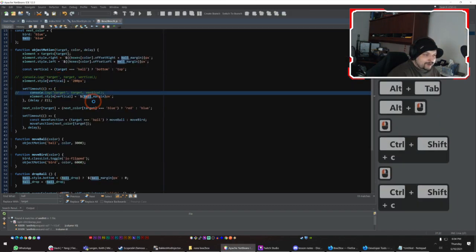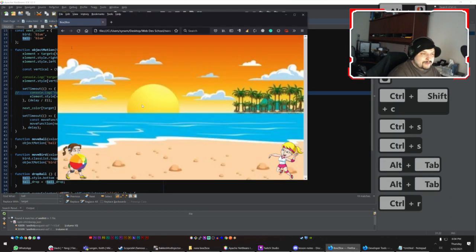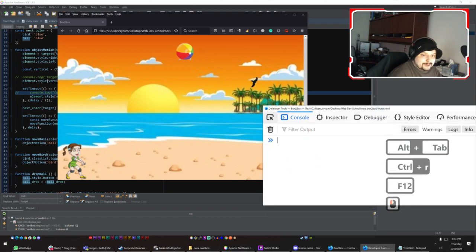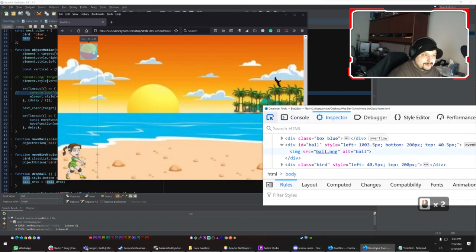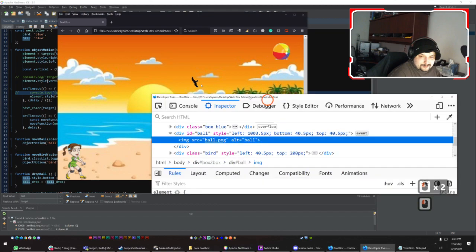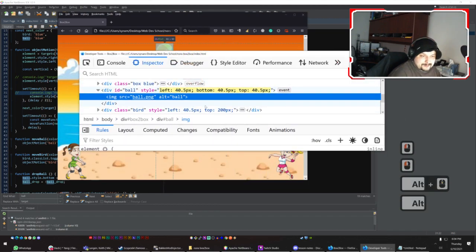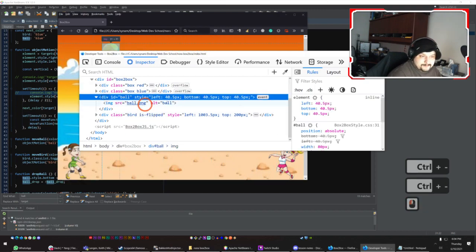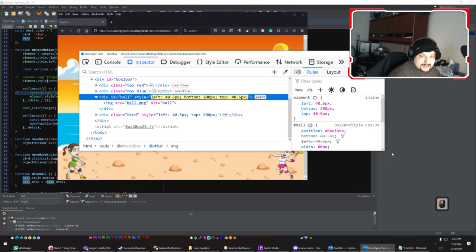So now we're gonna actually go ahead and see what quote unquote physically is happening to the ball and why it's doing what it's doing. So let's inspect the ball, and I'm gonna make this just a little tad smaller over here so I can manage it. So it's this div ball over here, and notice the bottom value of the ball is changing, and it should. But what is making